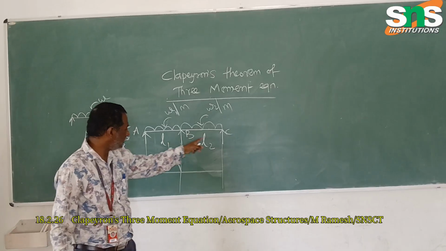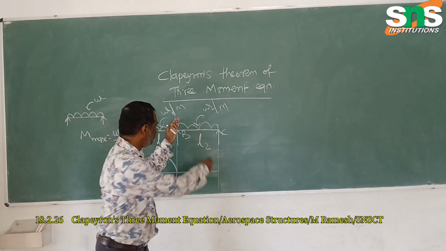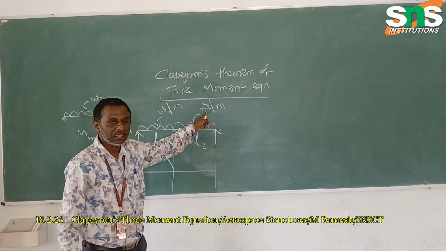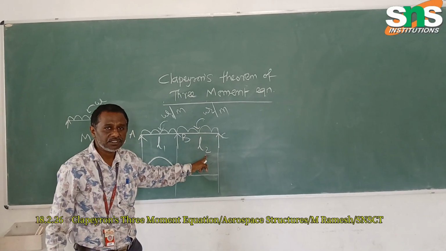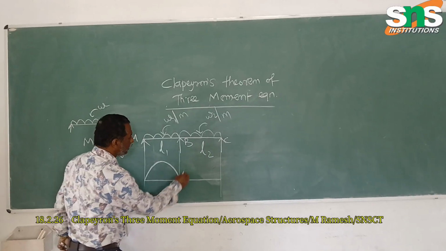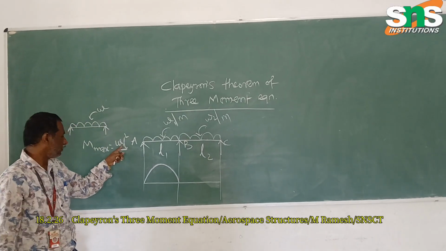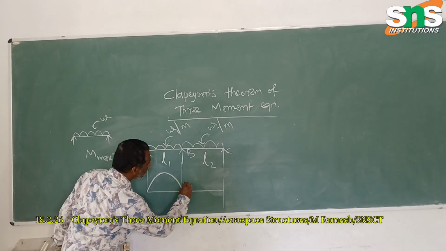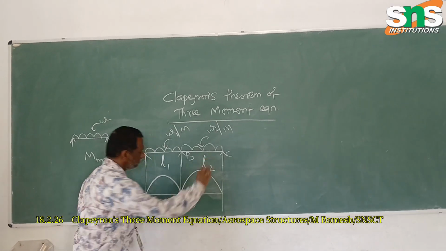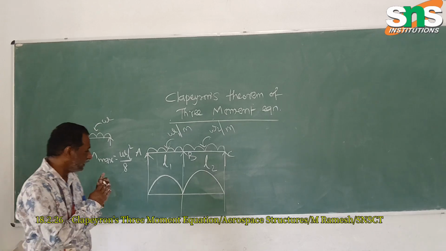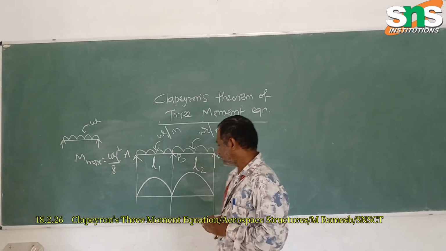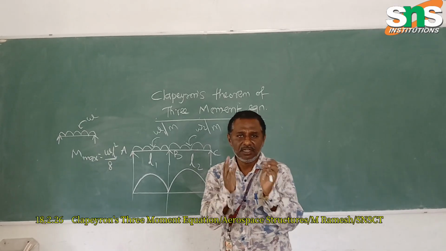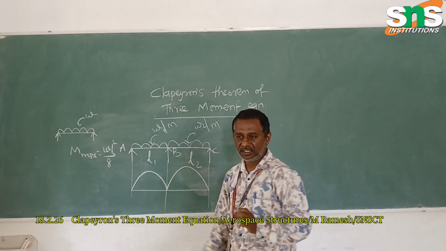And let's go to the other region BC. It is also the same. The only difference is that the intensity of load is different as well as the span. So here also the same formula, WL squared by 8, applies; you just apply the values, and it also follows the same parabolic shape. So this is the first thing we have to look at to draw the bending moment diagram, by segregating region by region.